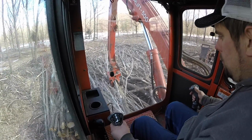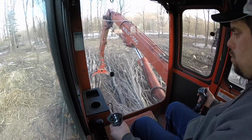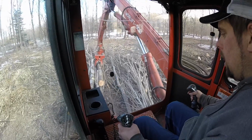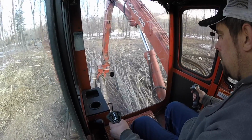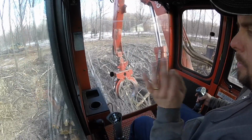So a couple years ago, we had a guy moving the chipper for us. Will is the one that moves our chipper. That's who I'm loading right now. Will takes good pride in moving the chipper, and it's very nice to have somebody like Will move the chipper